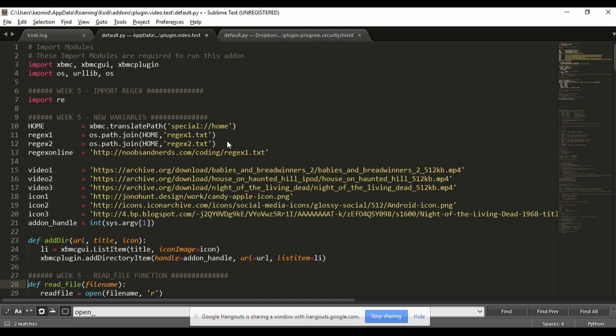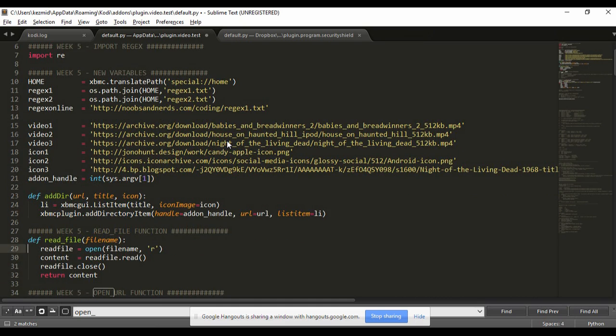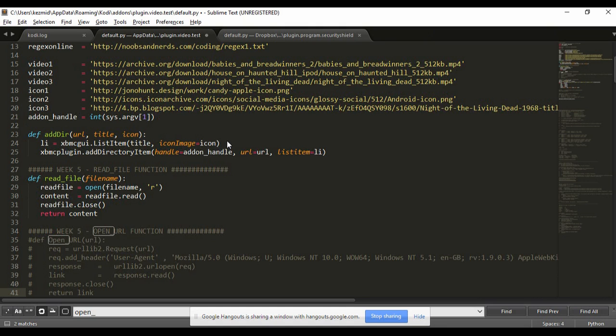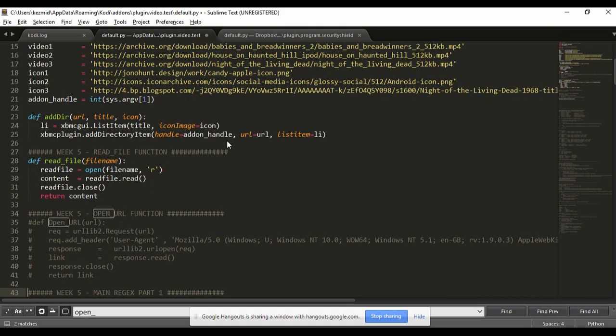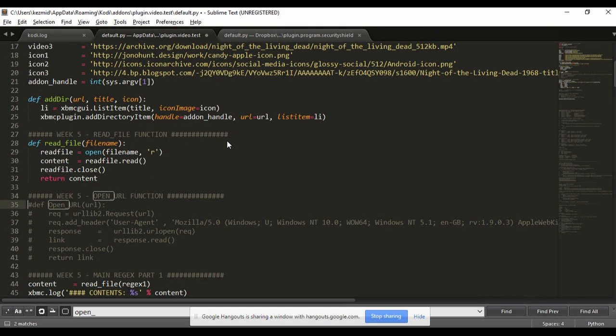Now, the thing is with an online file, you can't open it and read it with the same function that we used for the local file. It just won't work. The local file thing only works with local files. So what we're going to need to do is this bit that we've got commented out here, line 34. So line 35 to 41, the open URL, uncomment all that,